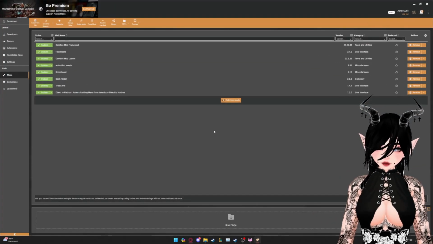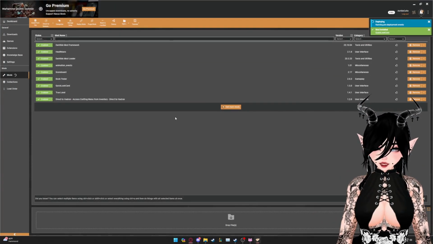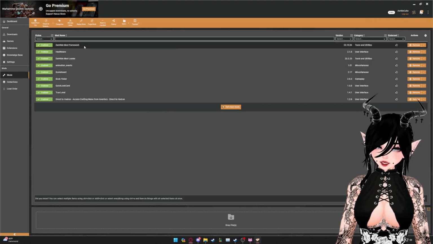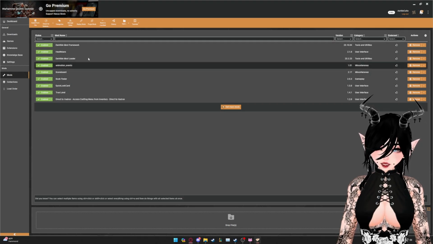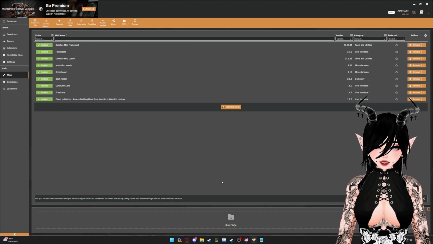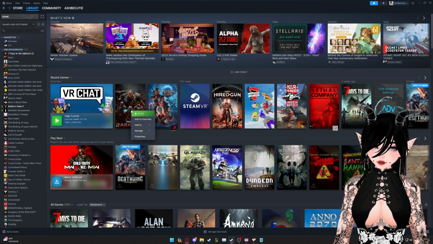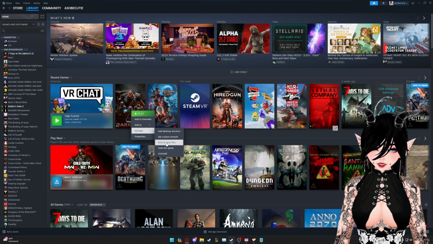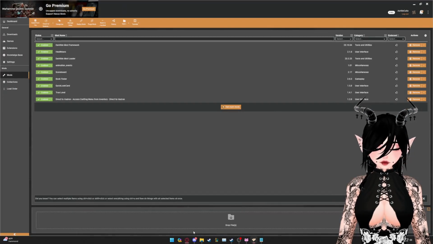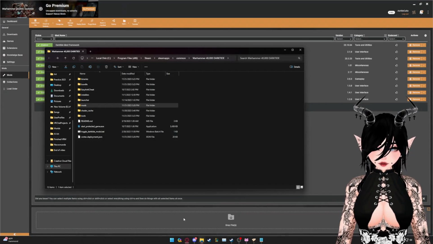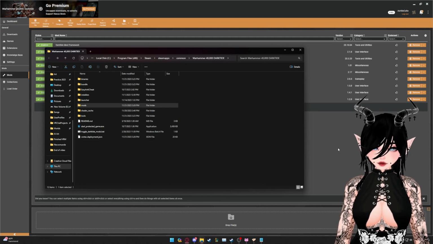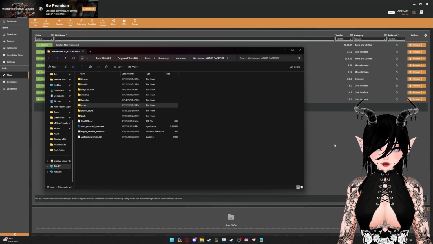So now that we've installed all of the mods that we plan to use, and you can add whatever you want as well, but we've gotten everything that we want here. For the next part, we're going to need some file explorer actions. So the first window you're going to need is from Darktide in Steam. You can just right click, go to manage, browse local files. That is going to give you this window here, Warhammer 40k Darktide. So that's the first window you're going to need, and you can keep that there.